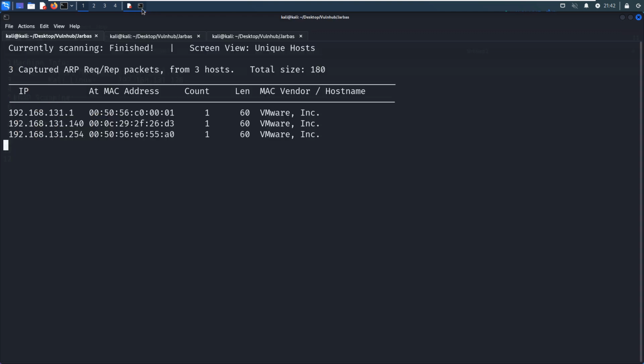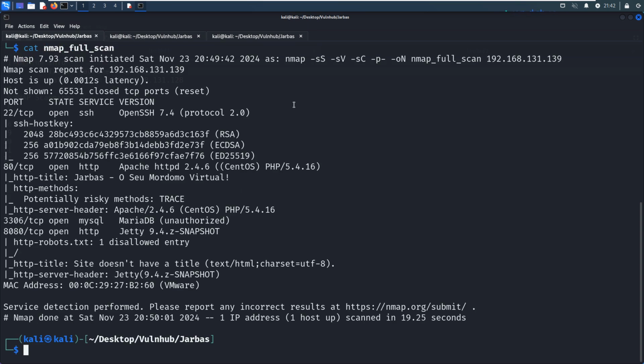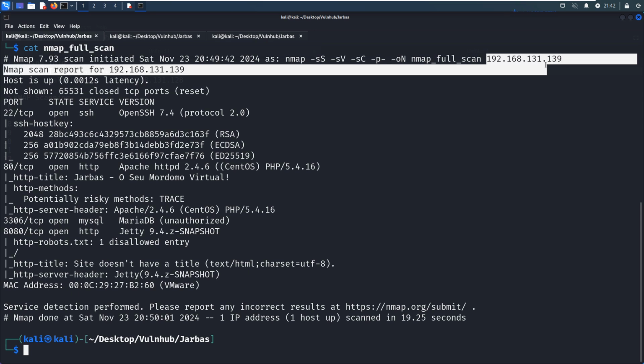So what shall we do next? We need to do port and service scanning with Nmap. To save time in this video, I've already done that earlier, so for now we just cut out its result. As you can see over here, I used the options like SYN scan, the version scan, the default script scan, followed by -p- to do the full range port scan. The last option is -oN to output the result into this file. Although, as you can notice here, the IP address has been changed, this doesn't matter.